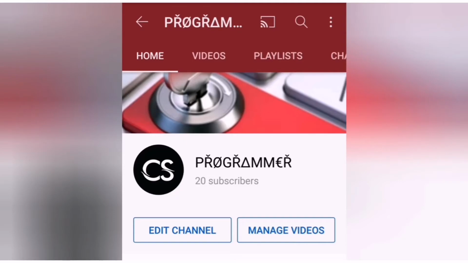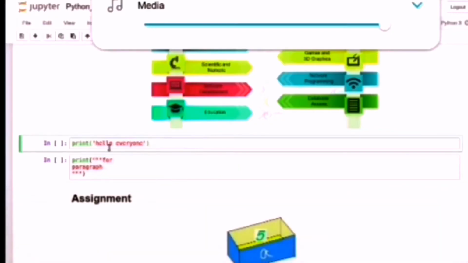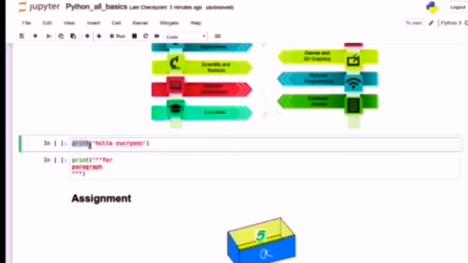In this video, we're going to see first how to print something. Print is a keyword, one of the keywords in Python. They have many words like this. If you write print, you need to write a small p. If you use a capital P, it will not give an output. So print, small p, then brackets and single quotation, and type hello world.